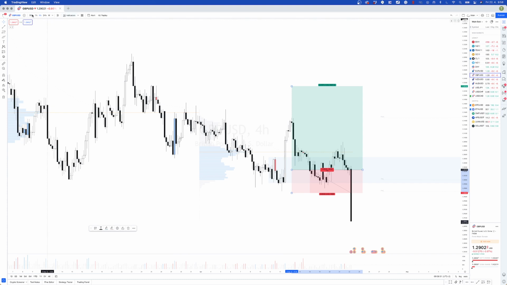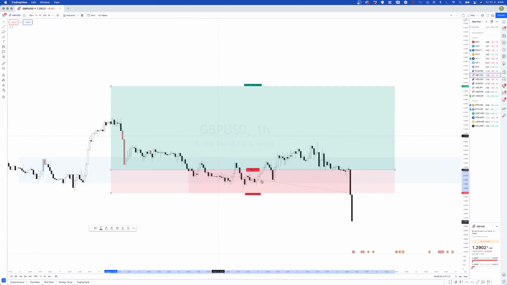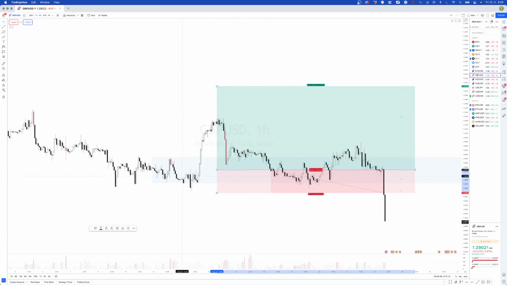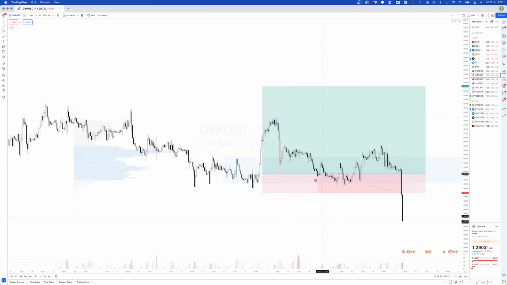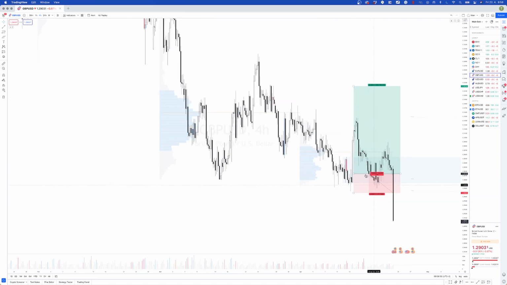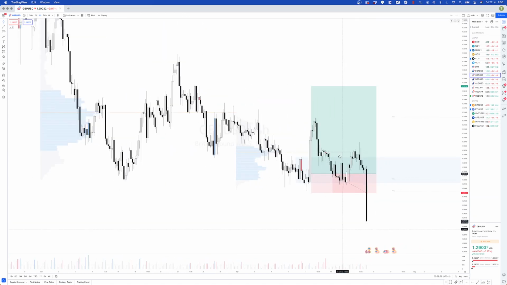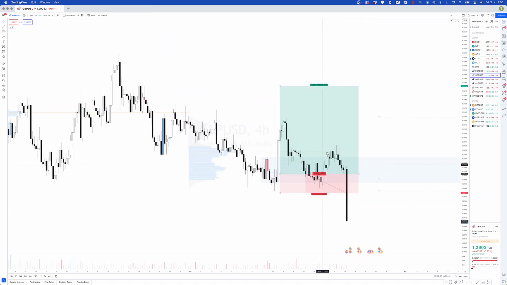I think what I actually did here was I went to the H1 because there was this huge wick on the H4, and I just kind of adjusted it a little bit and used these down bars as my fill. But that's not really an important thing in this case. So the trade basically went sideways, then it went a little bit to the profit,